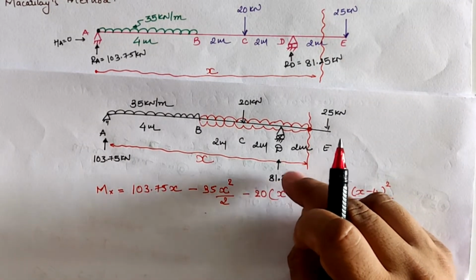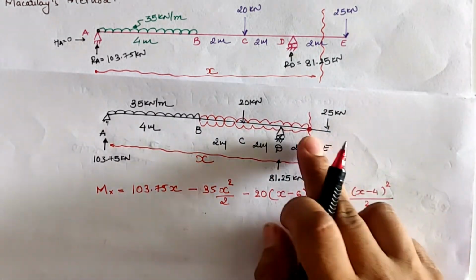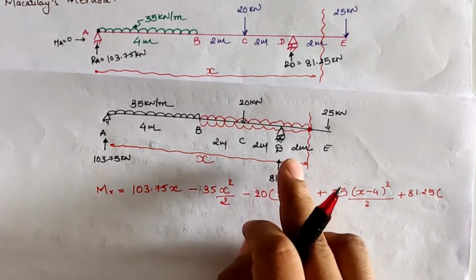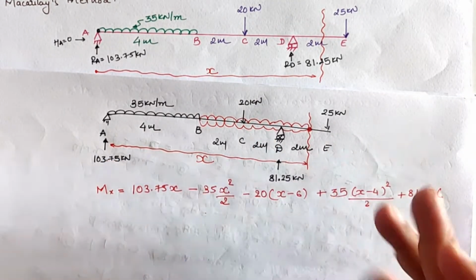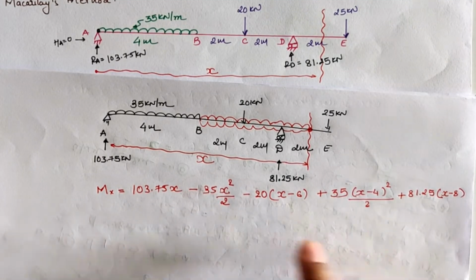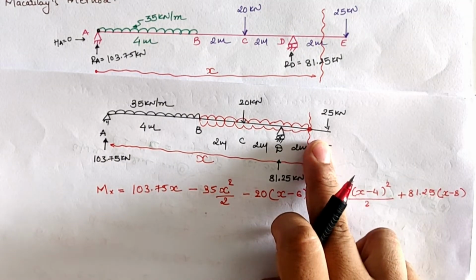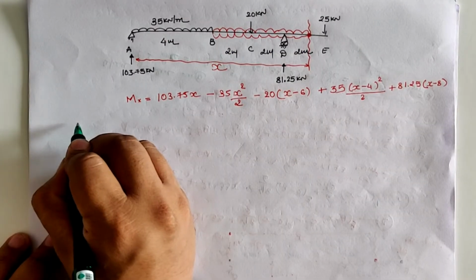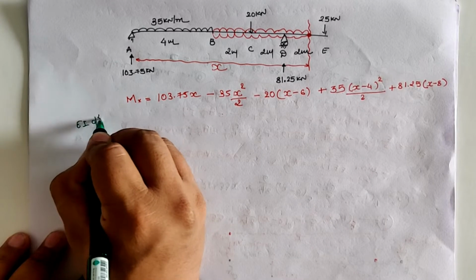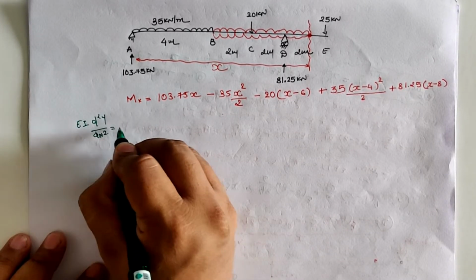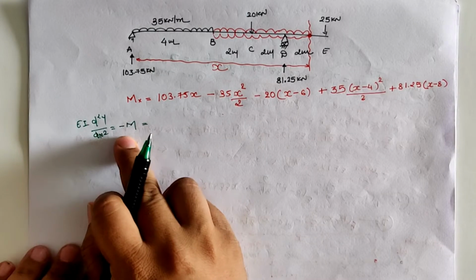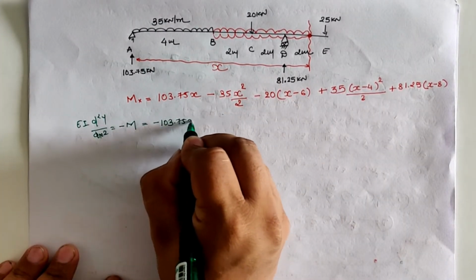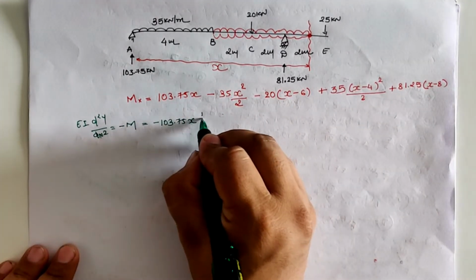Now 81.25 due to the reaction at D creates clockwise moment at section, so it is positive 81.25 into the distance, which is total x minus 8 meter. So this is the moment at this section. Now we have to apply the elastic curve equation, and it is EI d square y by dx square equals minus M. So we have to multiply minus with this term and separating this moment we will have